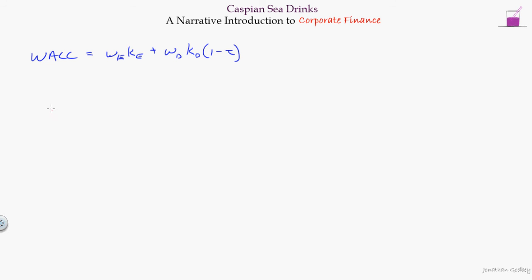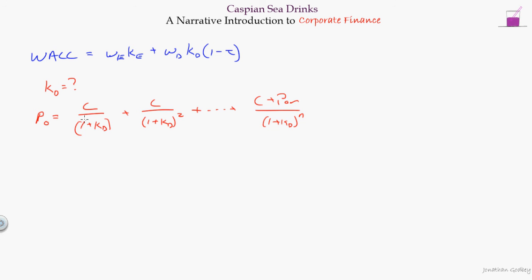Alright, so when we look at bonds, where does that KD come from? How do I find that? Well, I know the price of a bond because this is what the bondholders put in. So the price of the bond is equal to the coupon over 1 plus the yield to maturity. Another word for yield to maturity is the cost of debt. We didn't call it KD in the bond chapter, but it is KD. So the price is the coupon over 1 plus KD, squared, plus, going on out to the end, coupon plus par over 1 plus K to the end. This is the price of the bond from the bond chapter,